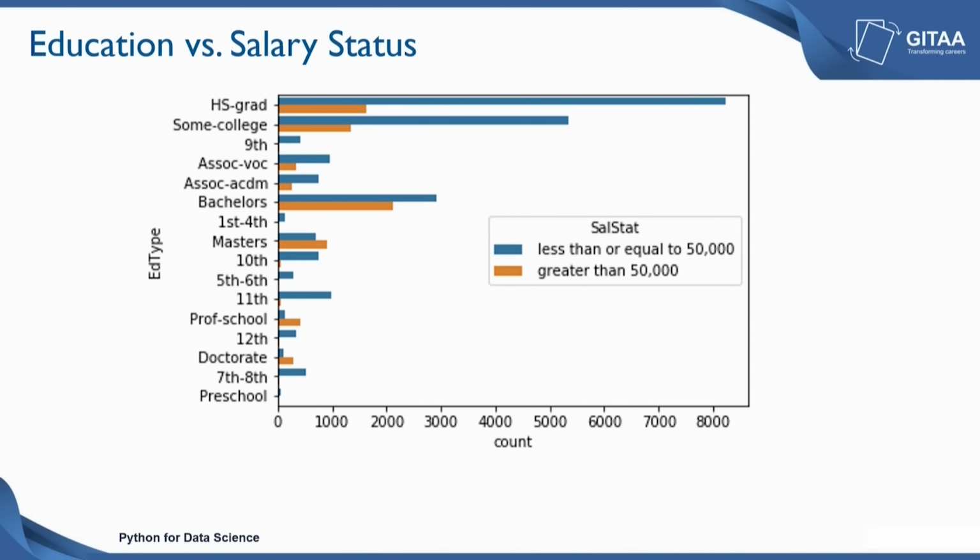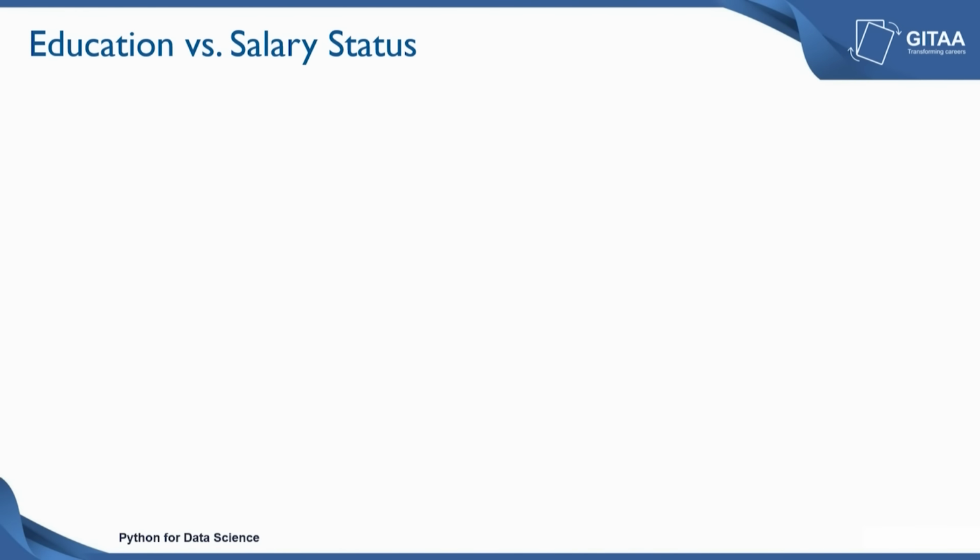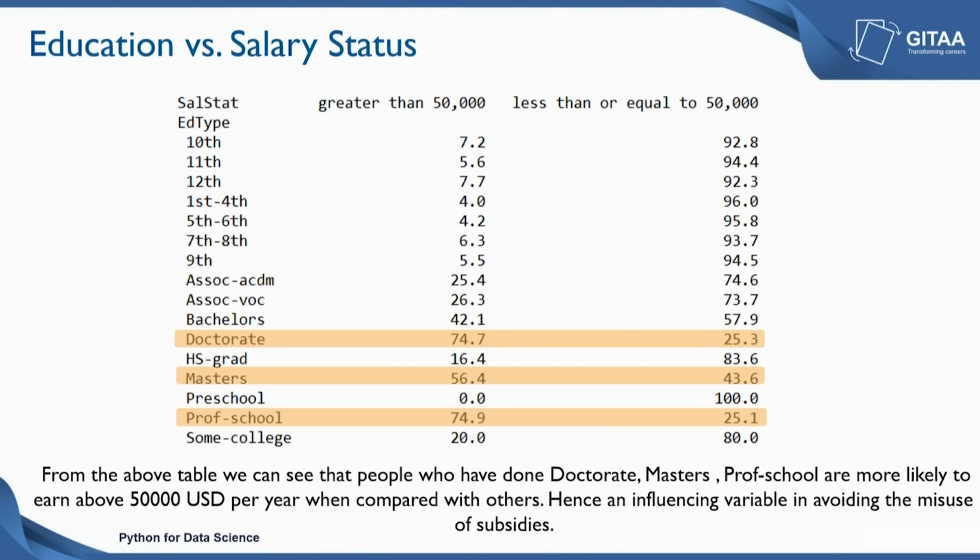So, now let us look at the relationship that exists between the salary status and education to see how the salary status is varying across the education type. So, we are going to use the cross table for that. So, from the table